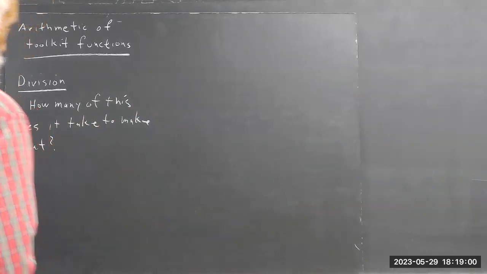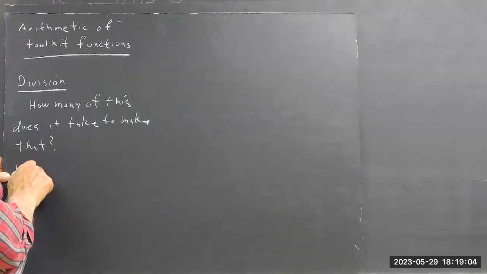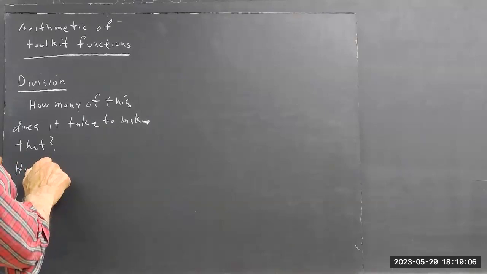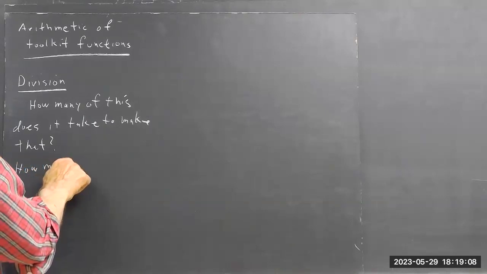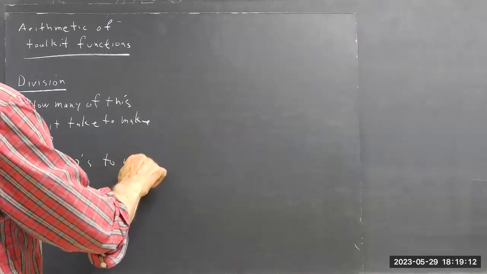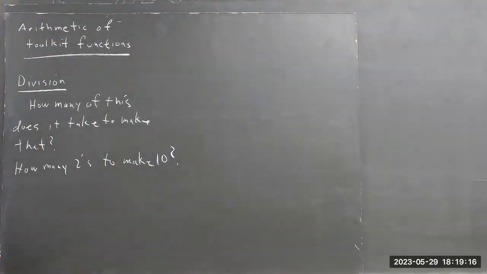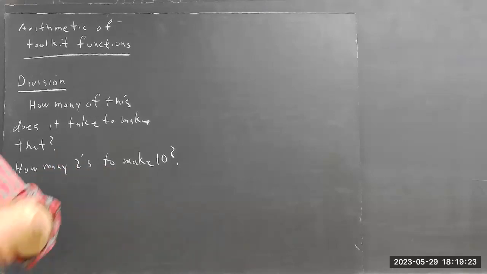Let's see what that means. How many twos does it take to make 10? Well, most people know that if you just divide 10 by 2, you get 5, and it takes 5 twos